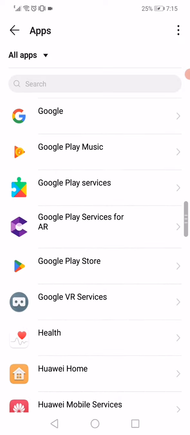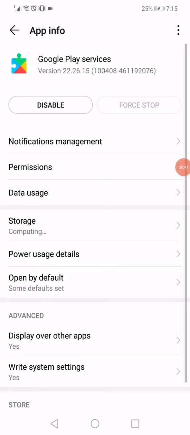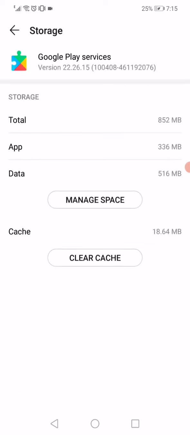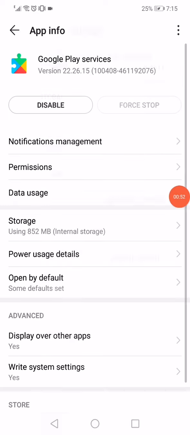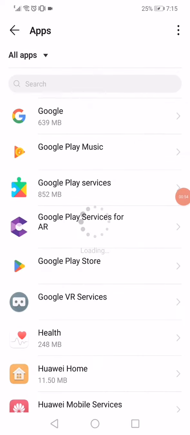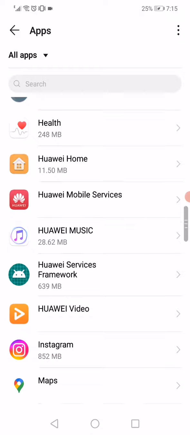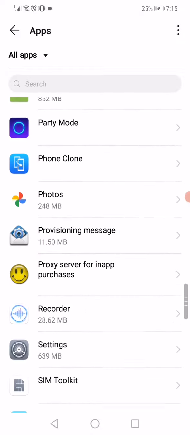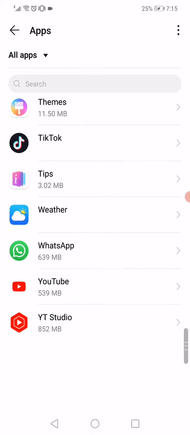and click on Google Play services like this, and then all what you have to do is click on storage right here, and then click clear cache and go back again, and now scroll down again until you find Google